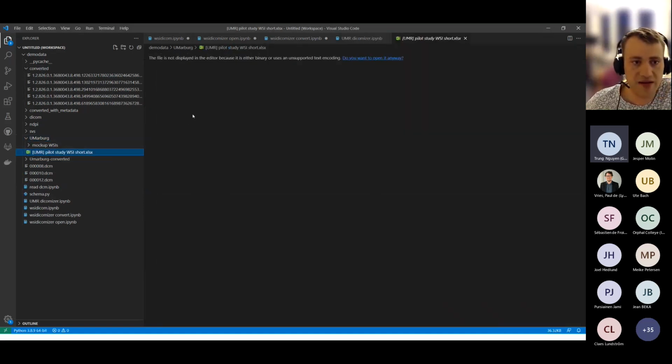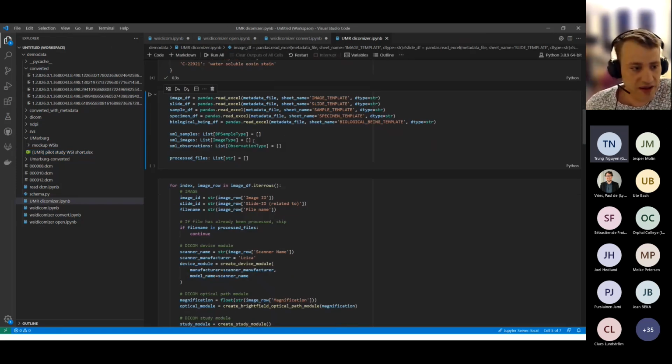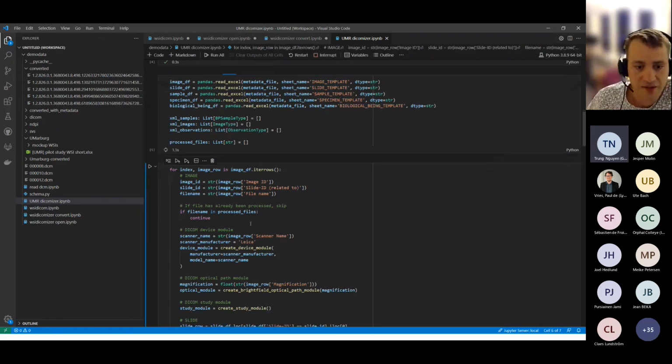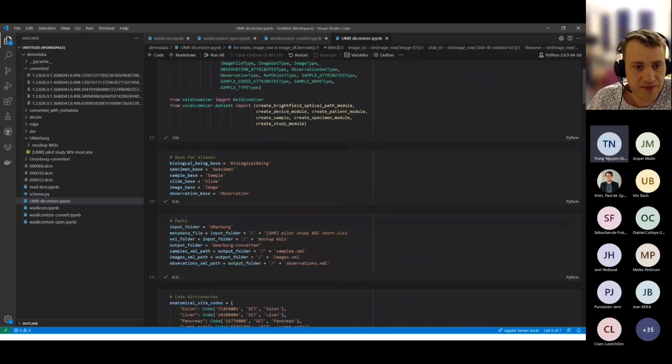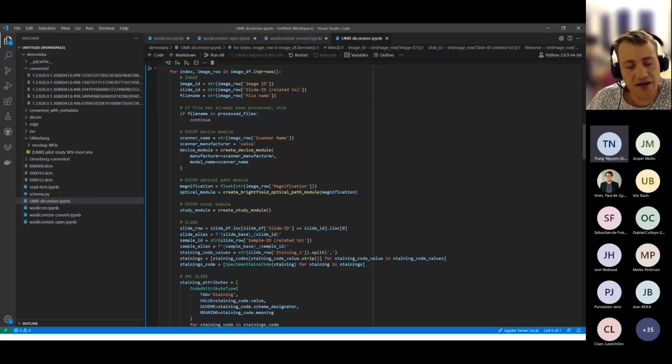We are using the dataset created by University of Marburg, and we read that with pandas. So this is a sheet containing metadata regarding the images, slides, specimens, and biological beings. And for each of these images that you find in this image metadata sheet,